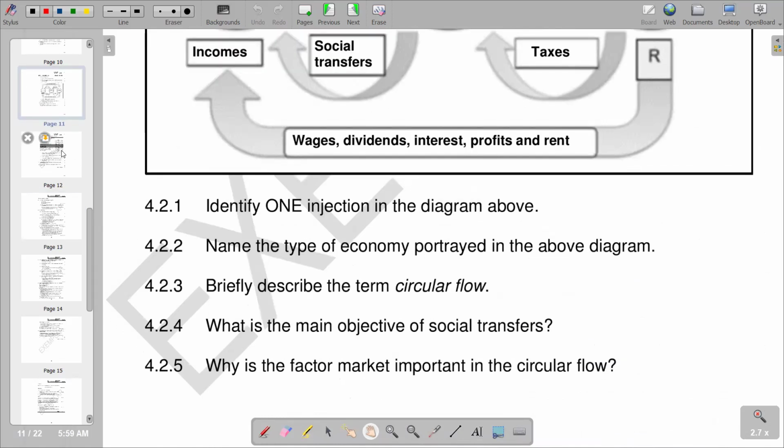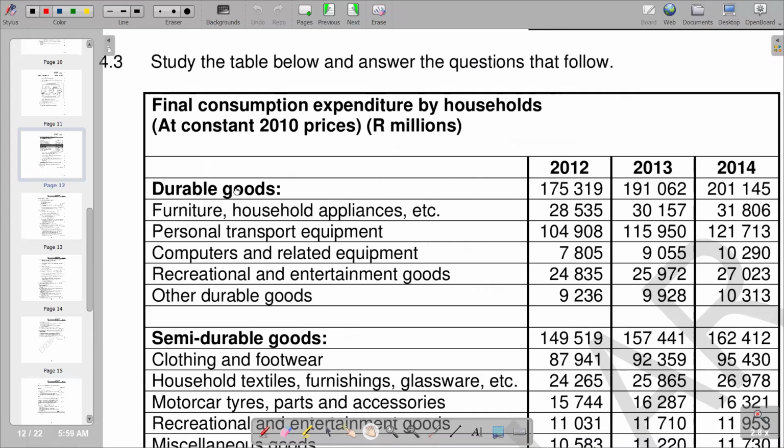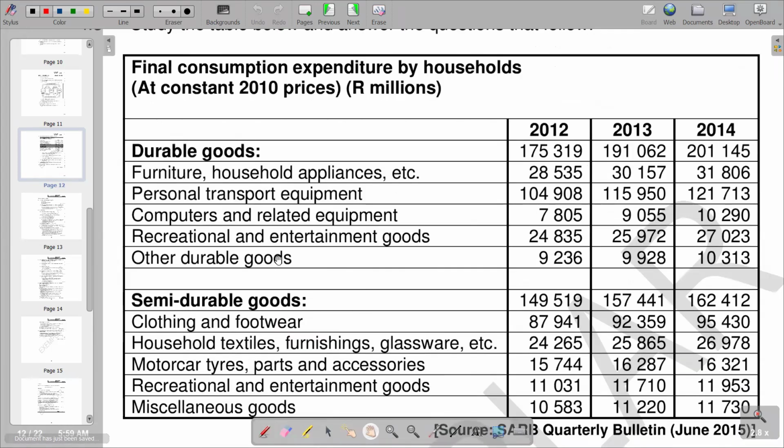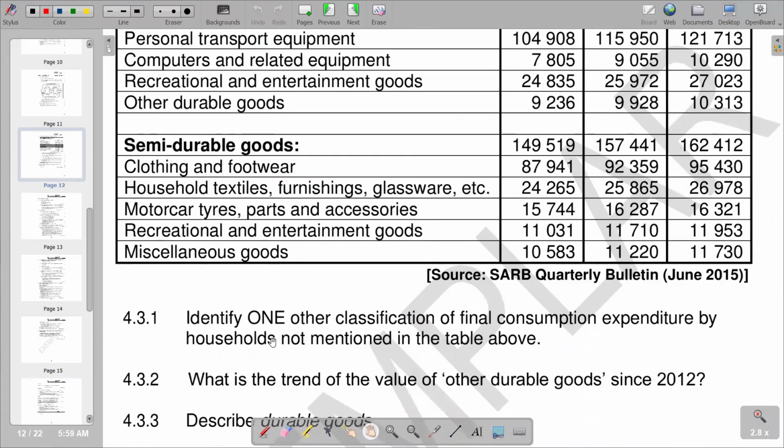We go to the next part, which is 4.3. Study the table below and answer the questions that follow. We are given final consumption expenditure by households at constant prices, 2010 prices, in millions. We've got the durable goods section, we've got the semi-durable goods section. So in terms of our first question, it is identify one other classification of final consumption expenditure by households not